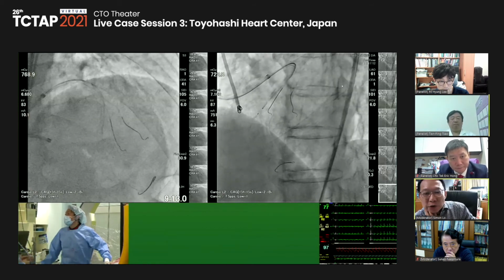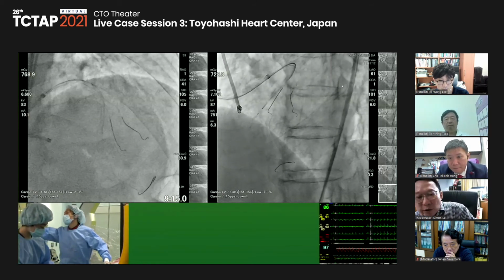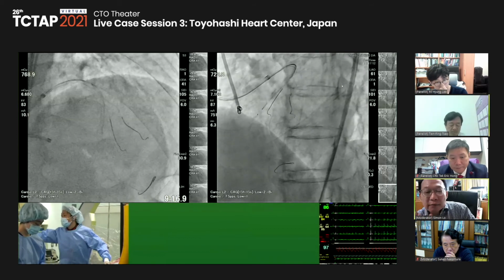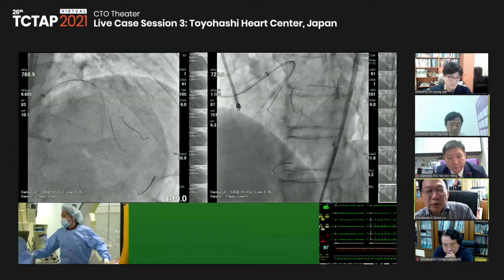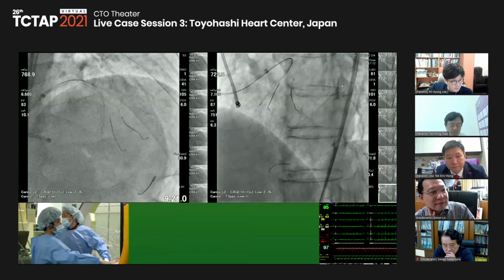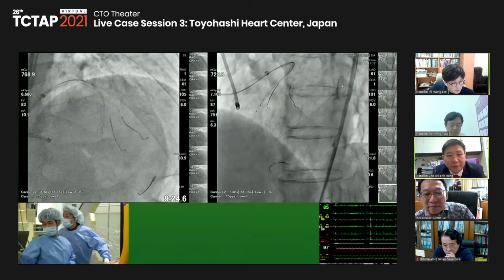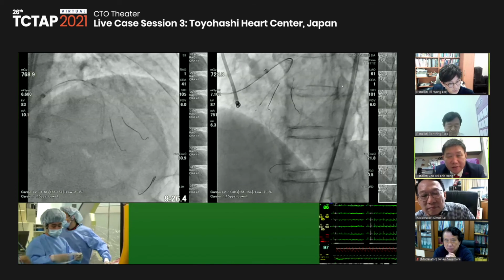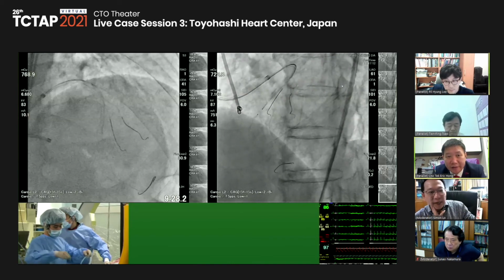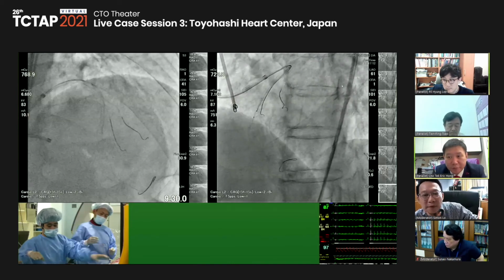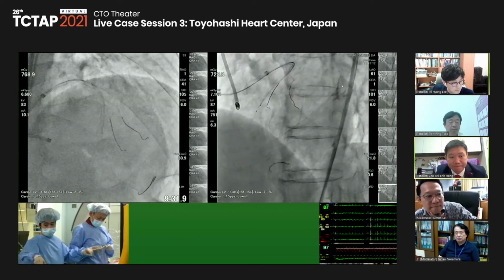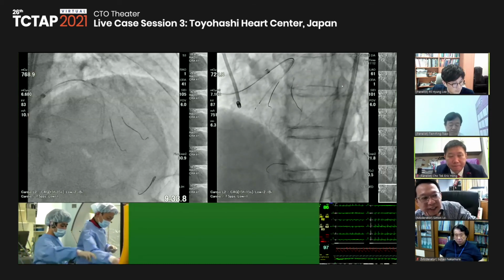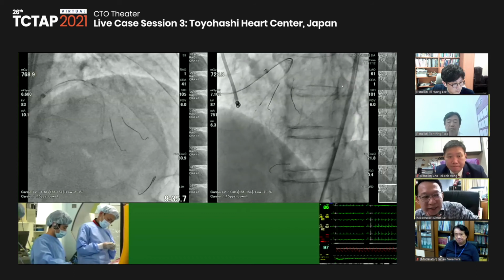Dr. Hong, would you also do a kissing balloon first into the first diagonal? Would you bother doing a kissing balloon with a 2.5 balloon into the second diagonal? I think in my practice, I would actually kiss the first diagonal and then subsequently POT proximally as big as you can. And you see the second diagonal wire is still outside the stent.